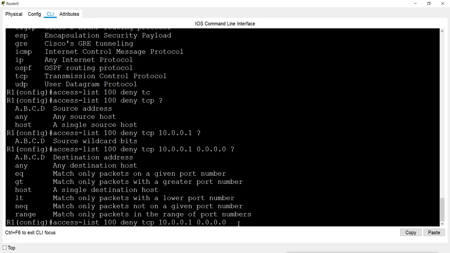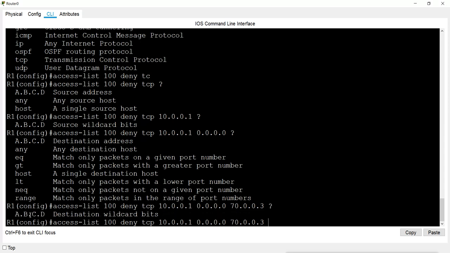So I will mention the IP here, 70.3. Now because I am mentioning the IP, when I give question mark, I have to mention the wildcard also. The wildcard for this, because this is also a single host, will be all 0. That means I am saying to examine or match all the 4 parts for the exact IP address.